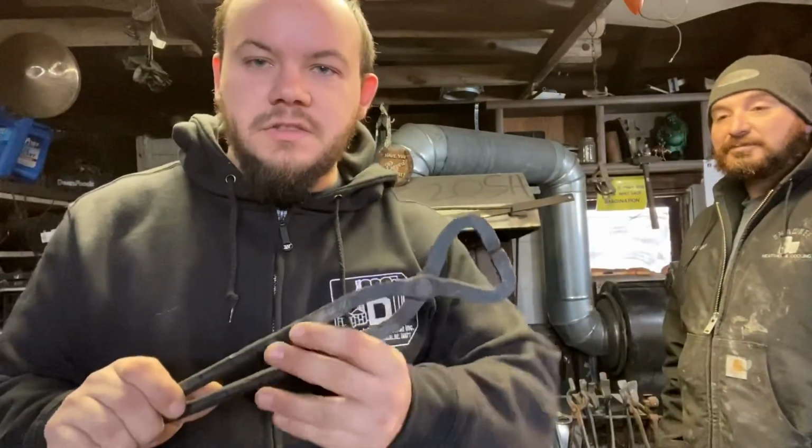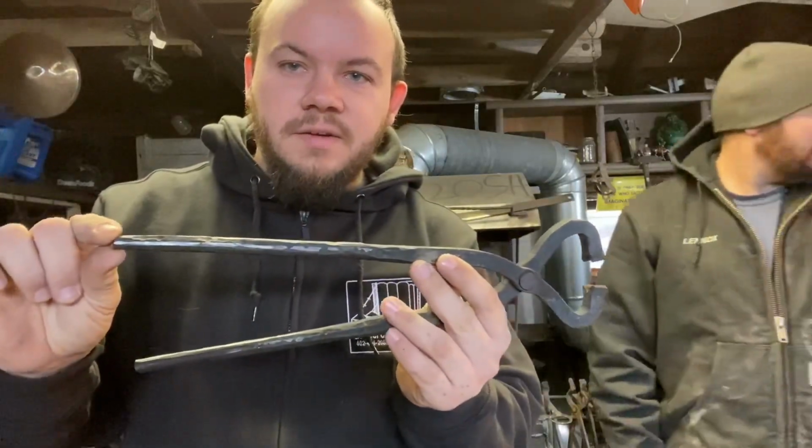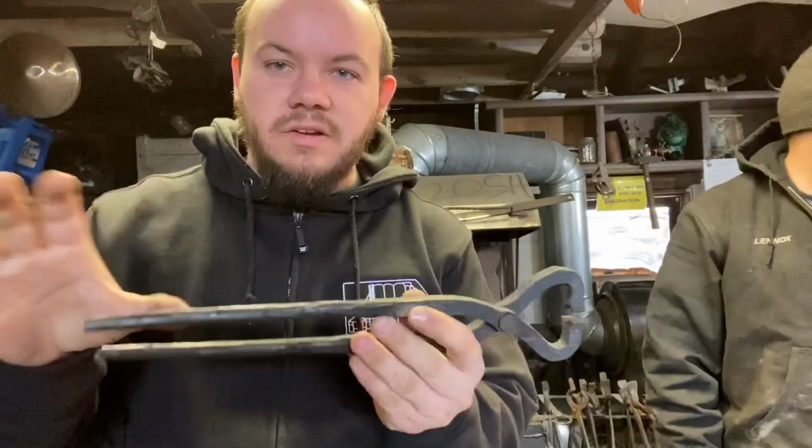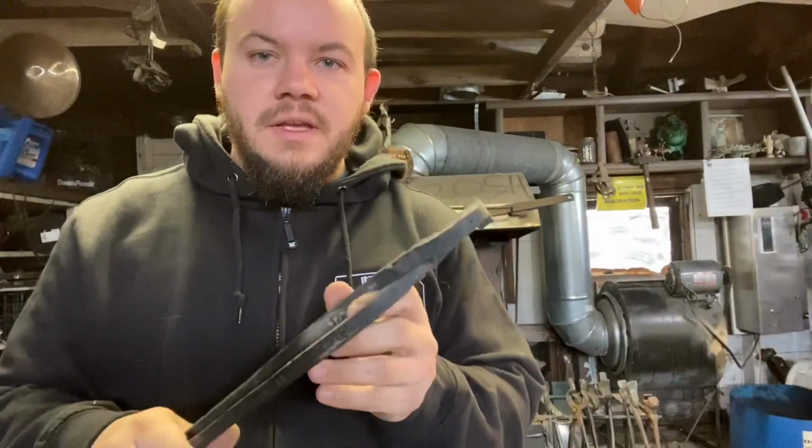So the main features of these tongs is you don't have to draw out the reins like I did here, but you can if you want a lighter set of tongs. These are 1/2 inch or 13mm square bar. What I did was